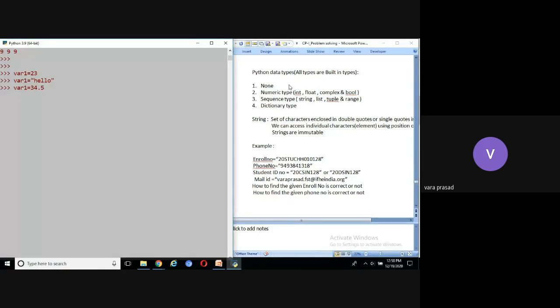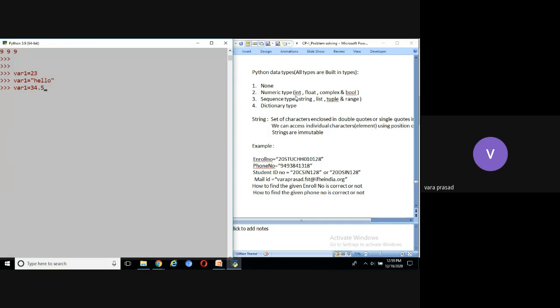There are four categories. One is none: we can create a variable without any type. Then numeric type, which consists of integer, float, complex, bool. Then sequence type, which consists of strings, list, tuple, range.